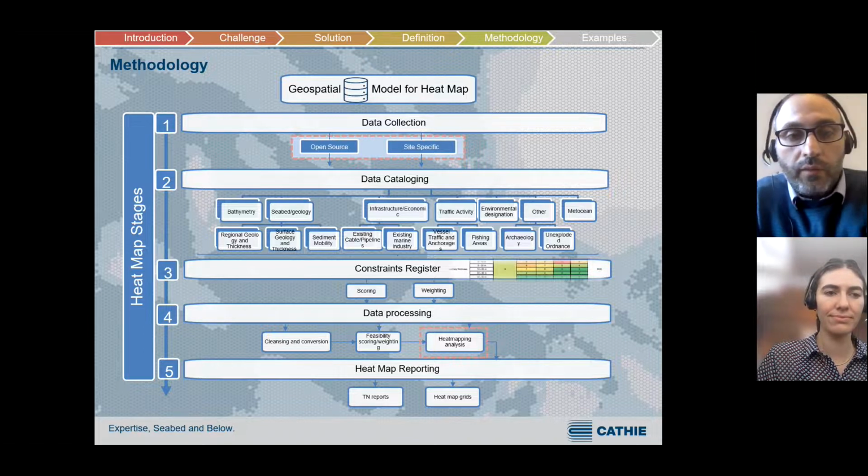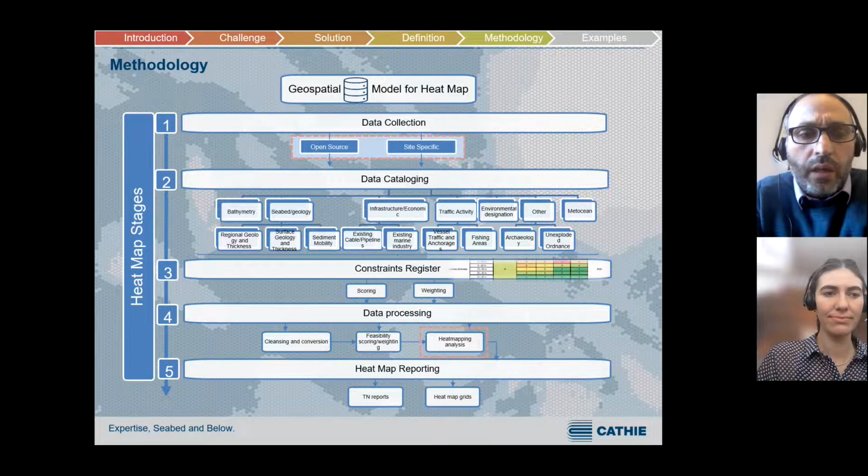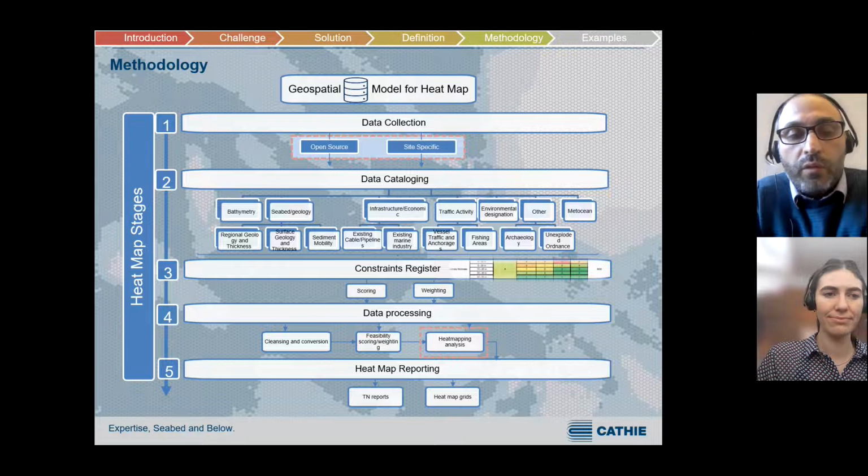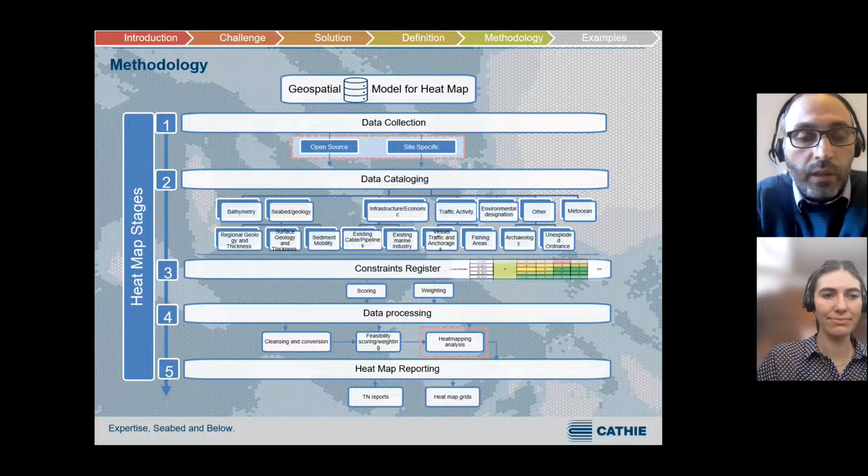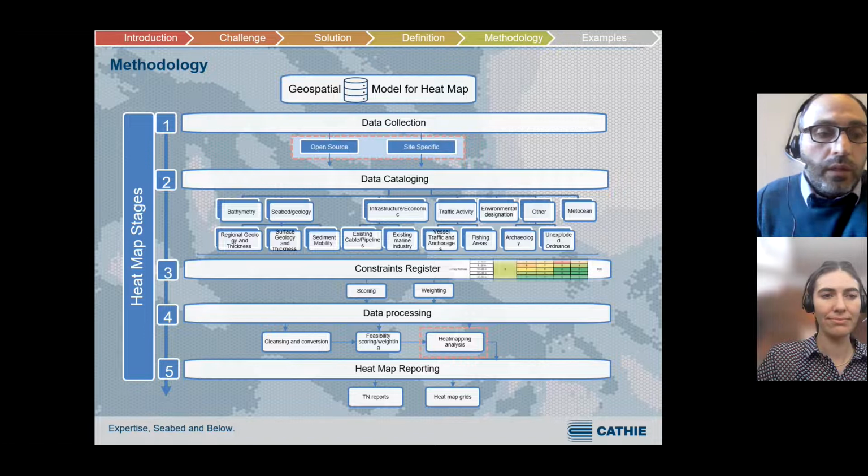The constraint register itself acts as a reference file that documents all the input data, and where we can work on establishing a scoring and weighting system to give each of the individual inputs. For example, bathymetry can be classified by water depth, and each water depth can be given a certain scoring system. This applies to all input data in the model. Once the constraint register is established and approved, it can be fed into the next step, which is the